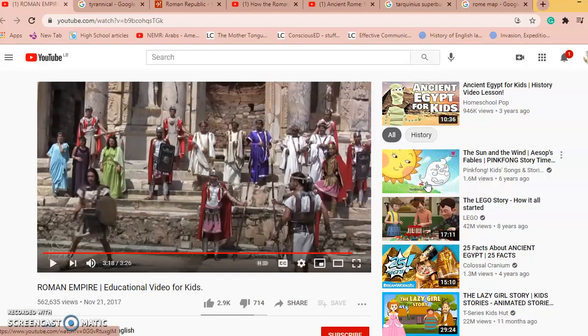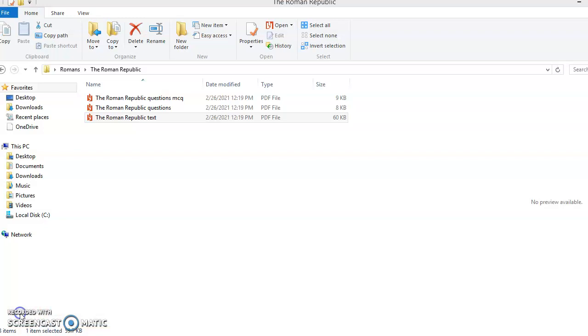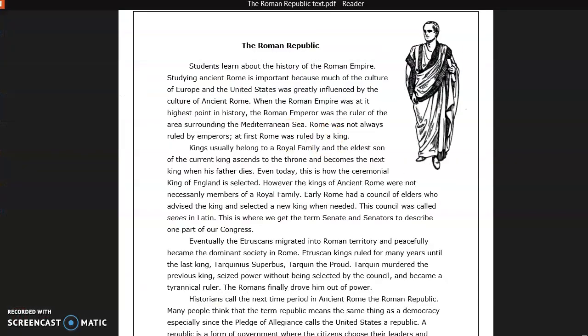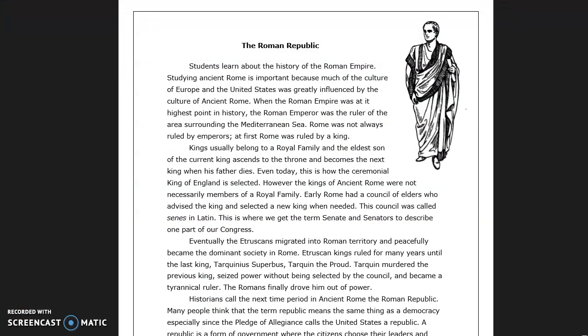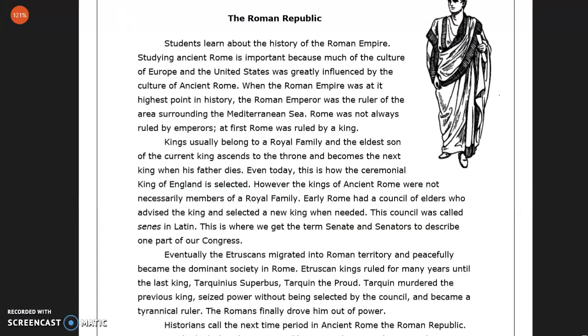So, as you can see, the Romans actually built water systems, they built roads, they built castles, they built many things, and we will study them all. Okay, I will explain quickly your homework. Your homework will be this paper. We will start by reading this paper. Let me try to read it very quickly with you.